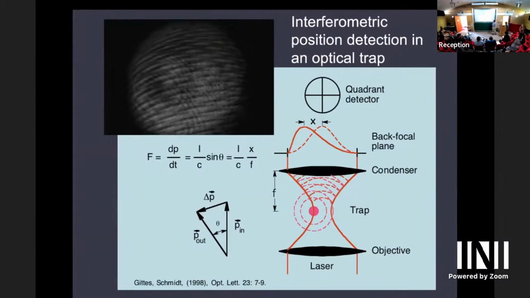All right. Anyway, the point I was making is you can use split photodiodes to detect the light coming out of the condenser. It turns out there's a first order interference effect that tells you where the bead is. Basically, the light scattered by that particle in the trap is interfering with the light going through from the trap. So two spherical waves are interfering, and you have to calculate that correctly. There's something called the Gouy phase shift that you have to take into account. But you can see that the intensity of the light shifts when the bead shifts,